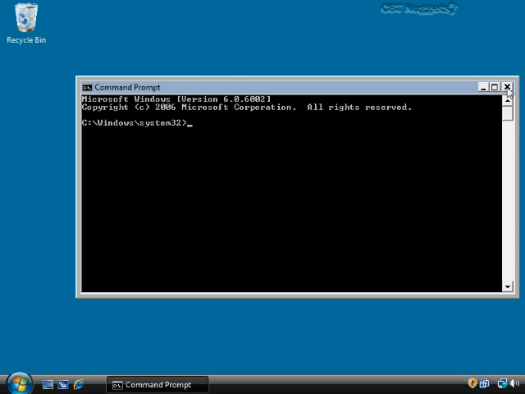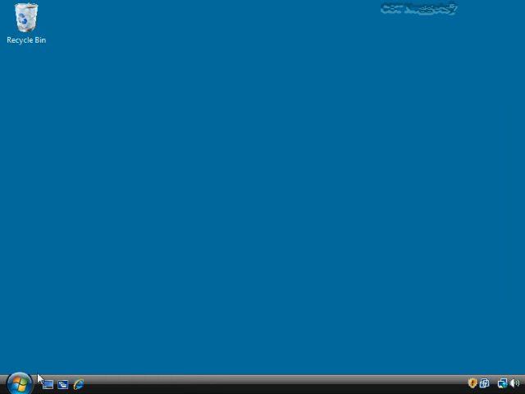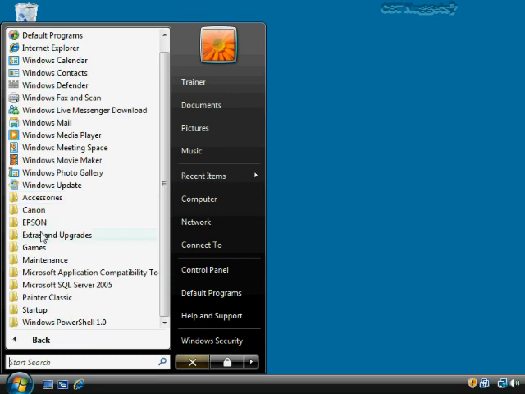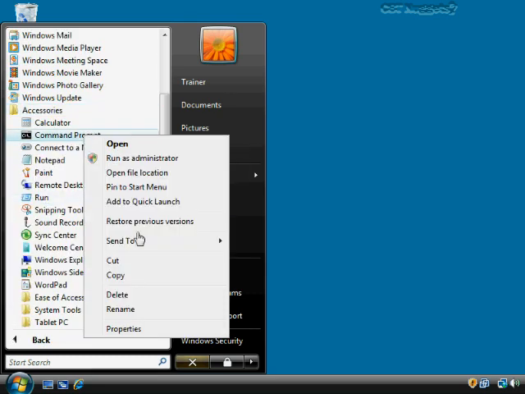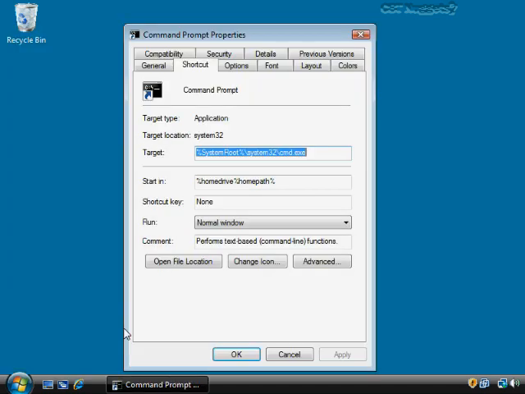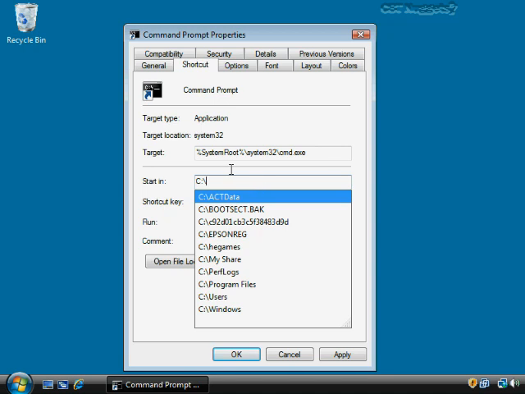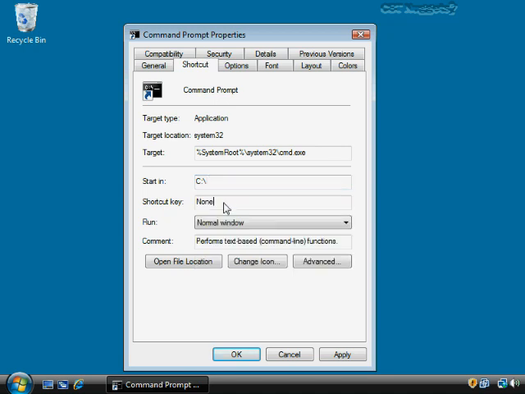So let me, first of all, show you a couple of tricks that you can do with that command prompt shortcut that might make your life a little bit easier if you use it quite a lot, like I do. So if I go to the shortcut here for command prompt and choose Properties, notice that it takes me to %homedrive%, %homepath%. That's why it takes me to the system root, which is Windows, and then System32. I almost always just want to start on the C drive. So that's normally where I'll go. You can change it to something else if you have another directory that you commonly go to.